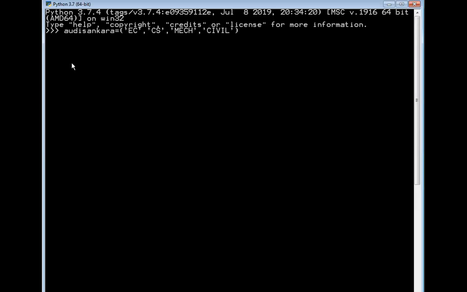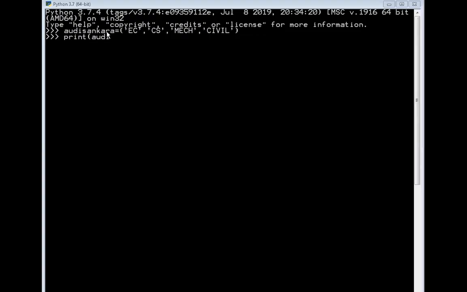Now we will be having this practical implementation. Already we had how to create a tuple.